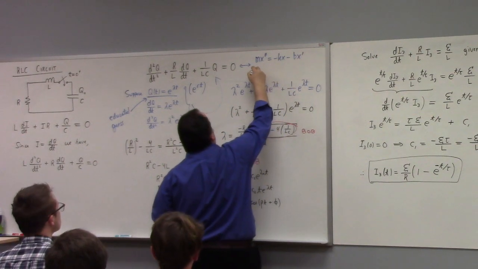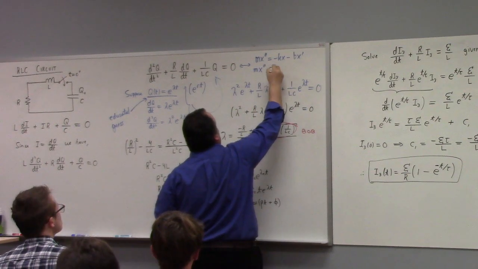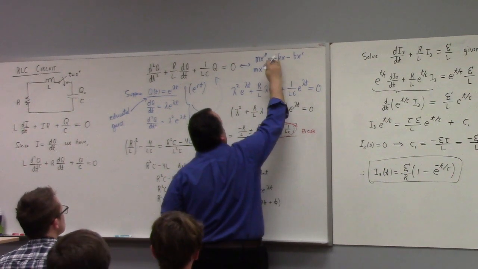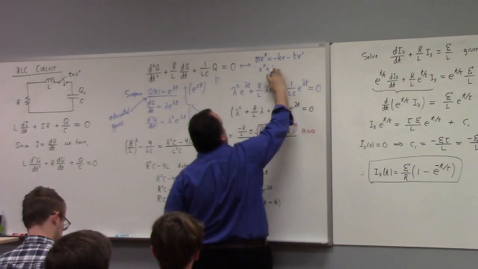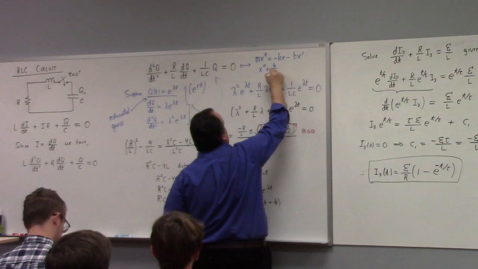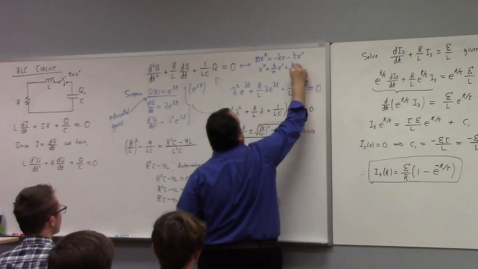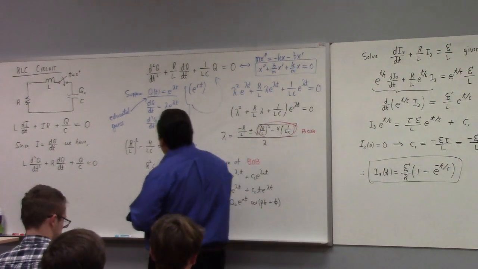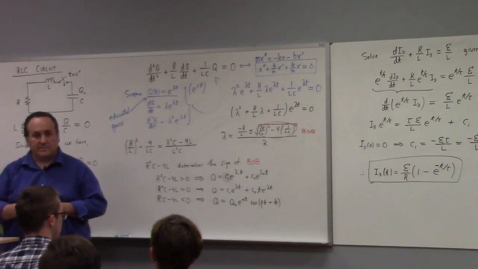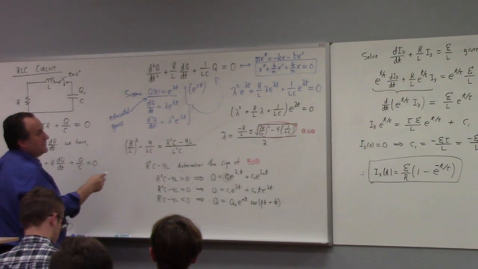And so that gives you m x prime prime plus b x prime. If I divide by m, I have x prime prime plus b over m x prime plus k over m x equals 0. So this equation right here, you can make a direct physical analogy to the RLC circuit. And the analogy is this,